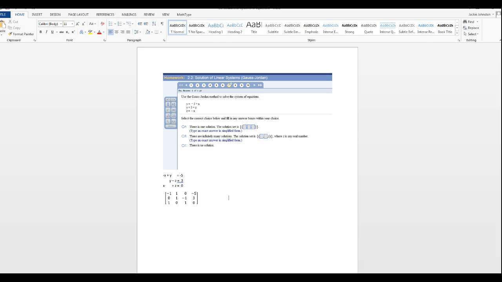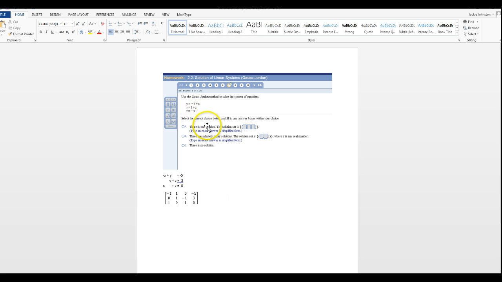In section 2.2, we're looking at solution of linear systems, the Gauss-Jordan, and I'm going to show you how to use your TI-83 or 84 calculator in order to solve this problem, and it'll help save you a little time. So first of all, we see the problem, the Gauss-Jordan, and we have three different linear equations to solve,